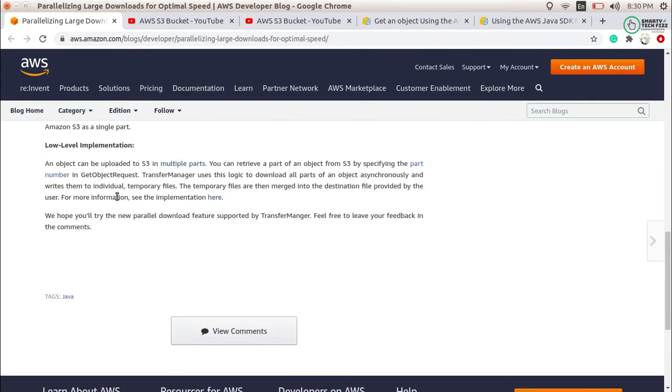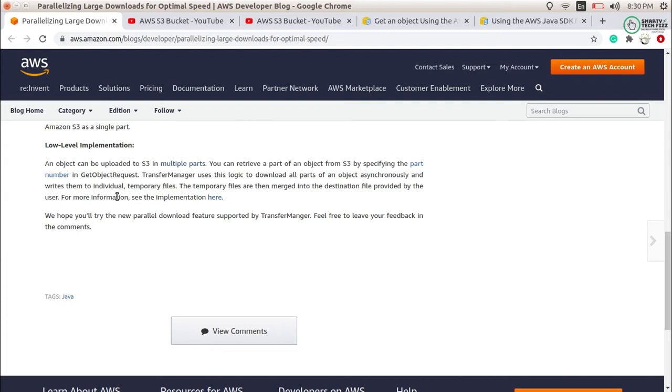In this request you have to mention up to which range, up to which bytes, it has to download the file. So we will provide the range, and it will automatically download the file up to that range of bytes. Then you have to use that portion of the object in your file, or even you can print it.